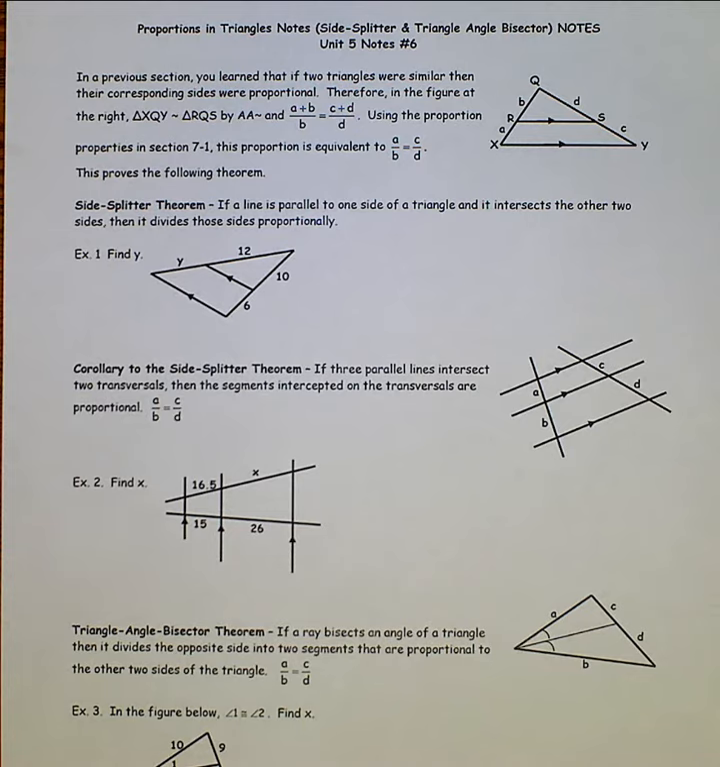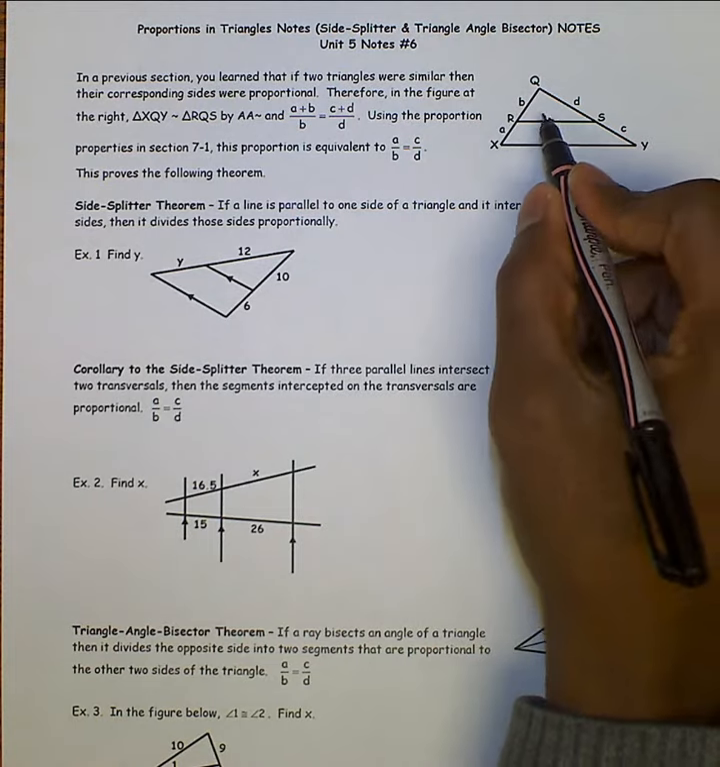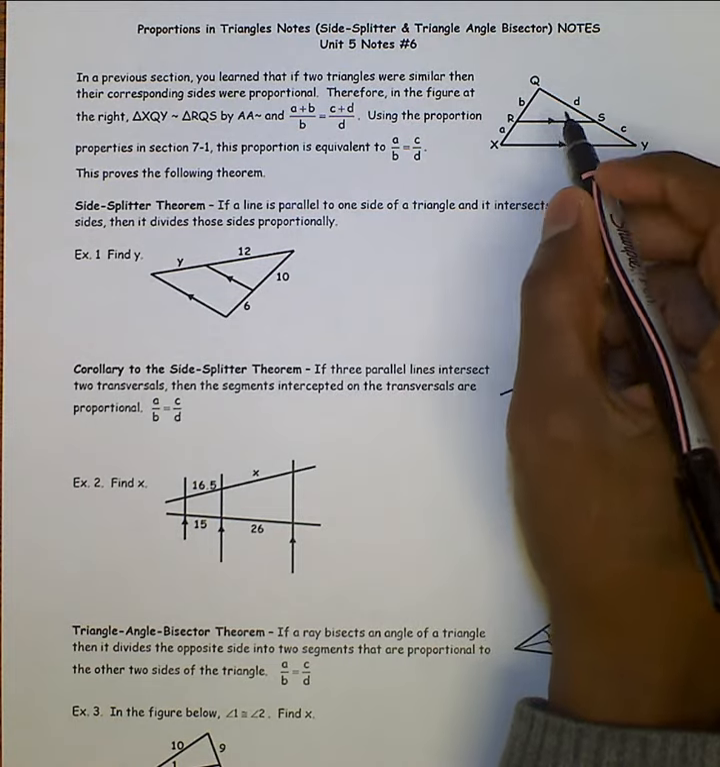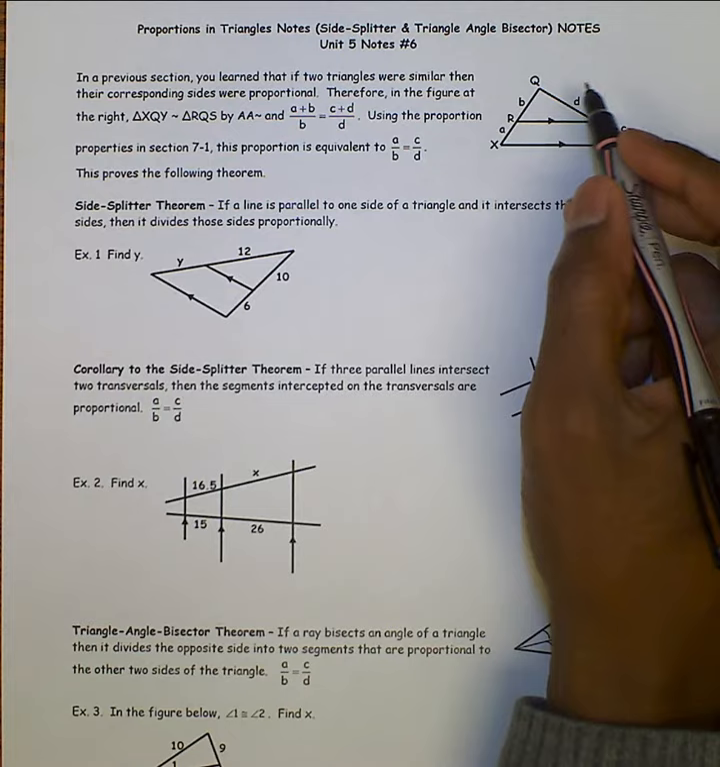Okay, so let's start. A lot more text in these notes, so that should help you out a little bit as far as being able to just pay attention and not write as much. But you should have seen in the previous section that if two triangles are similar, then their corresponding sides are proportional. And so if we look at this triangle given to us, triangle QXY and triangle QRS,